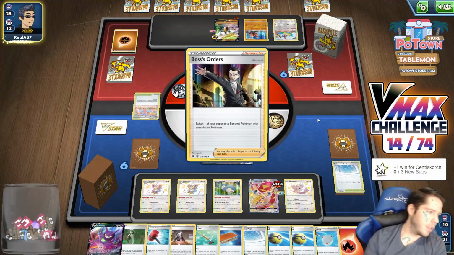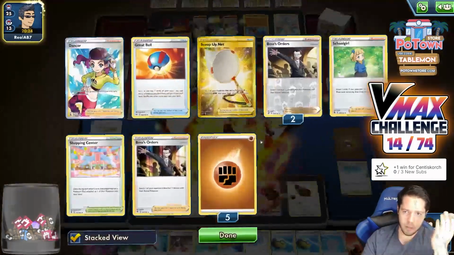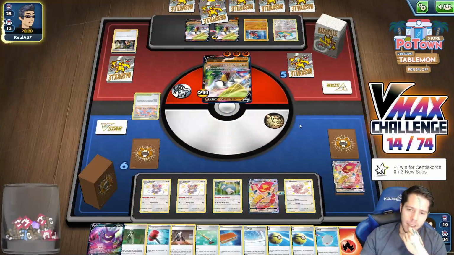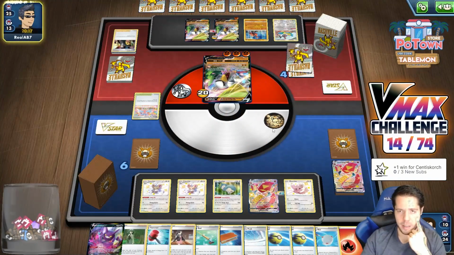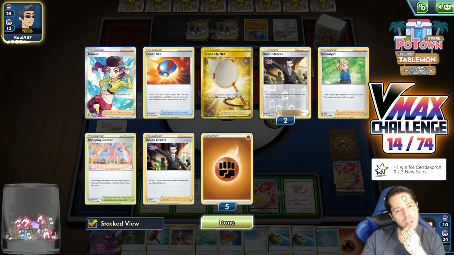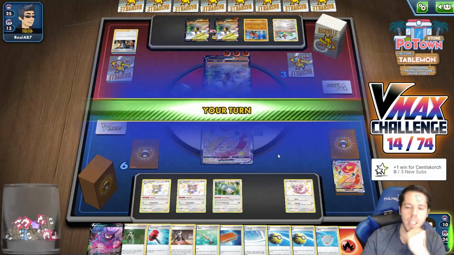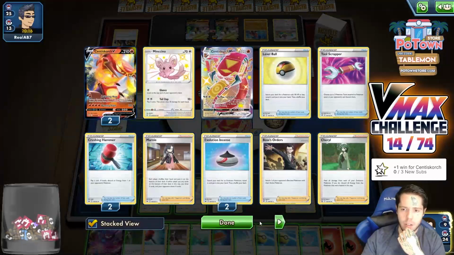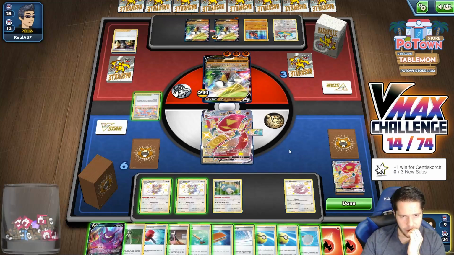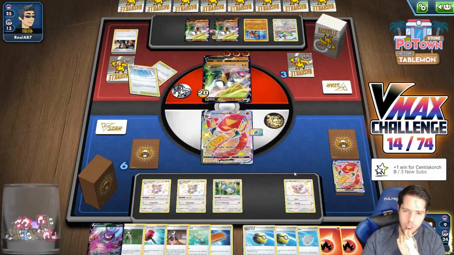Oh, come on, man. 3 boss's orders in your... Oh well, I gotta make sure this Centiskorch lives. 5, how many stadiums do they play? 5, 6, 7, 8, 9. Okay, well, it is what it is. I did discard the other Centiskorch, which I don't need right now, but...